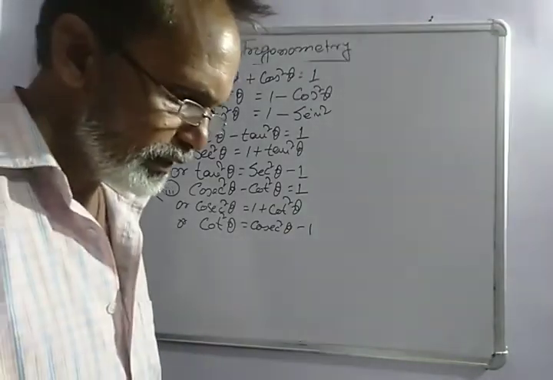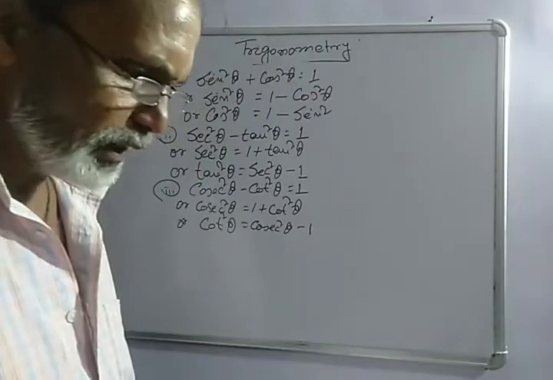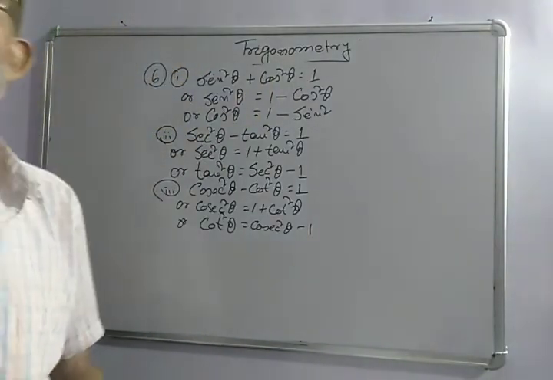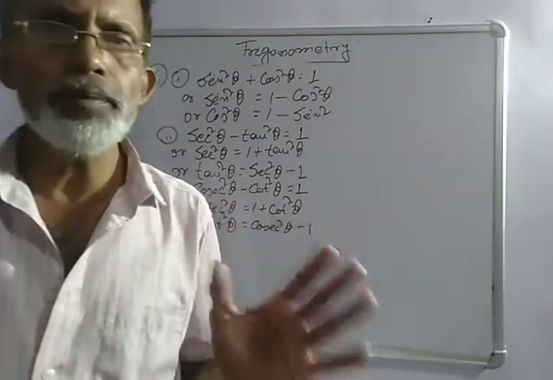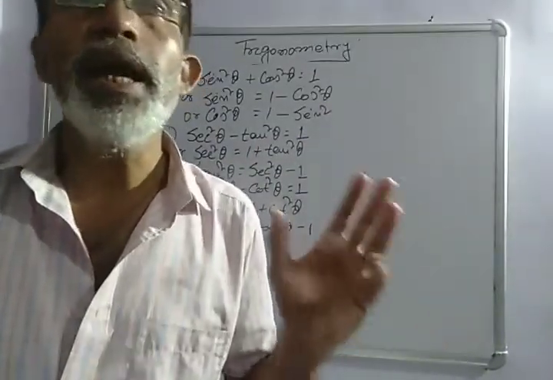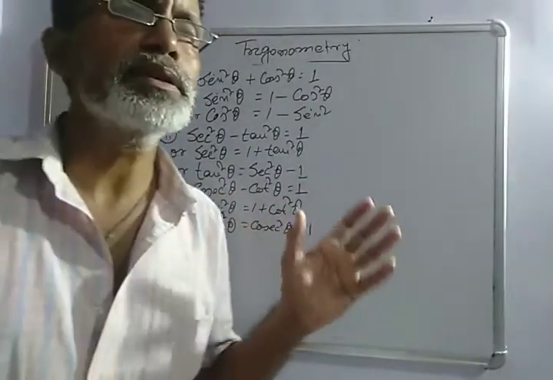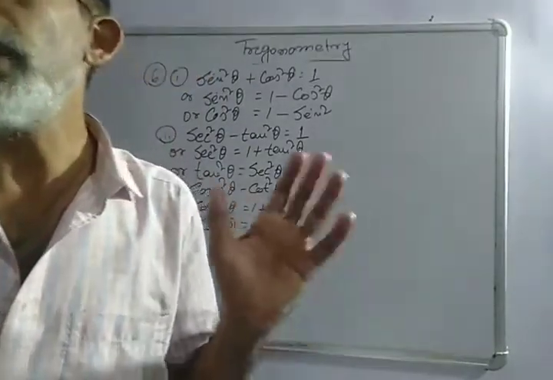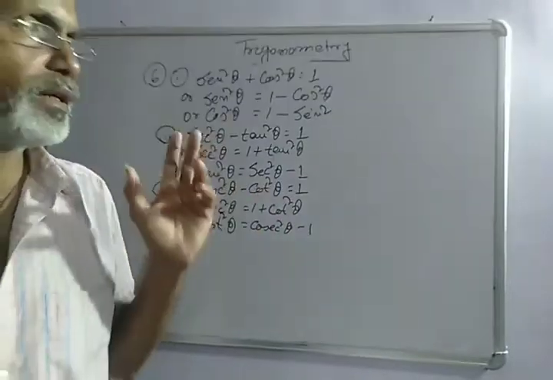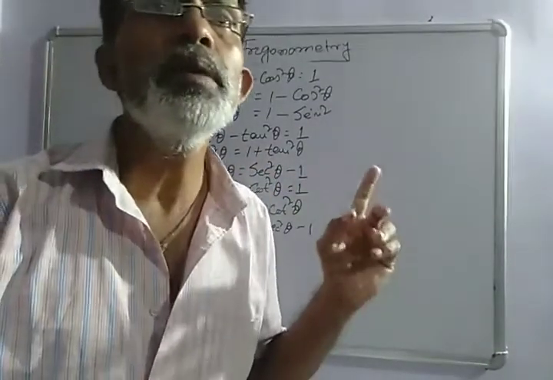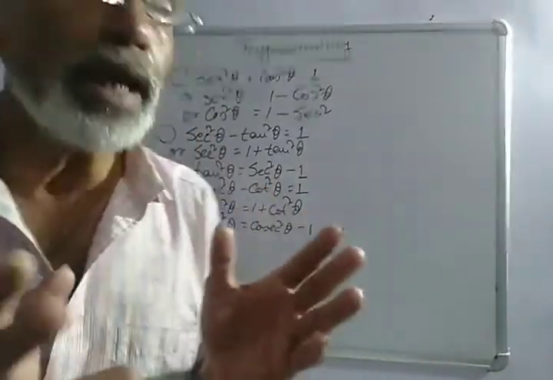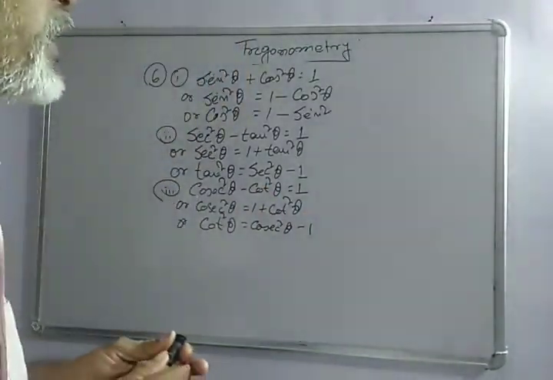I think these trigonometric ratio and trigonometric identity formulas will help you very much for the upcoming railway exams and for various classes, ICSE and CBSE, classes 7, 8, 9, 10. Wherever trigonometry is needed, these formulas will be very helpful. So go through these formulas. If you have any doubts, go for the doubt clearing classes.